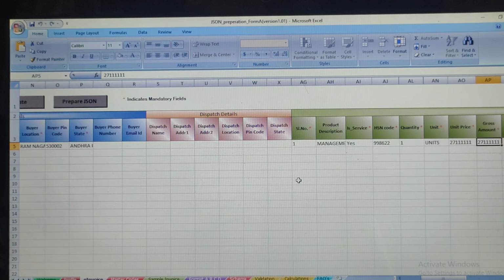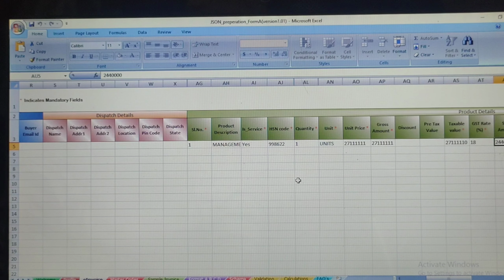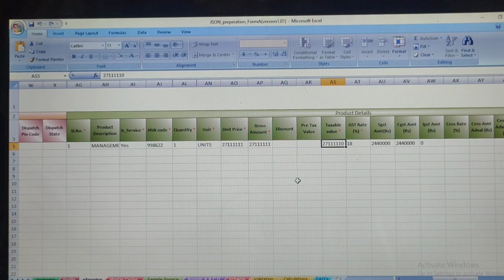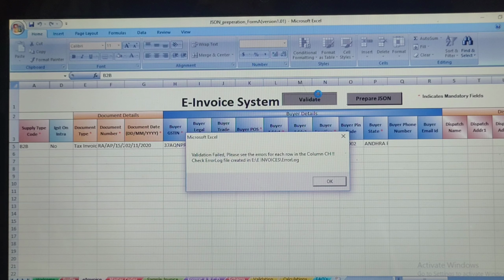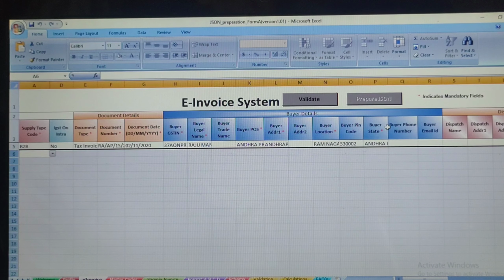Suppose, let us see, instead of taxable value here I will take it as 200 and then validate. It is showing error, validation failed. Please see errors of each row in column CH. So you have to go to the CH column to know the error.